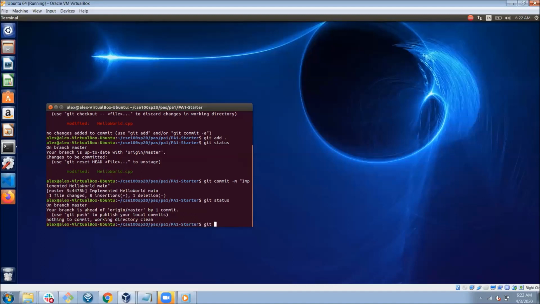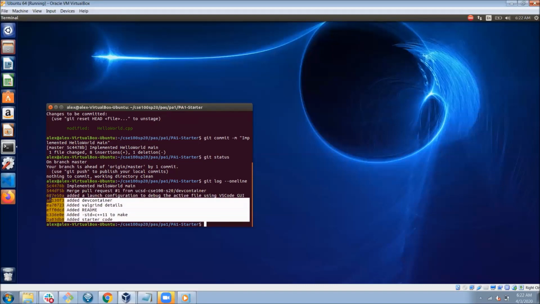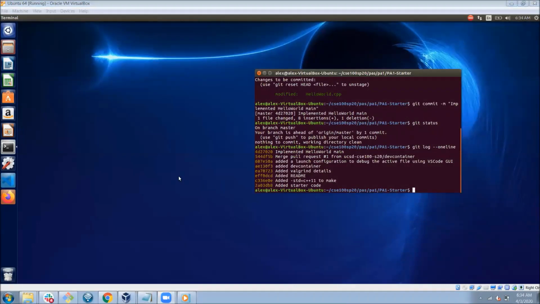If I do git log one line, it'll give me a short summary of the commits that I have in my branch. The bottom is the oldest commit and the top is the most recent one. All of these were from the starter code. These were all the commits from the instructors and setting up the repository. And then this one is the one that we just added. So that's just a nice sanity check to see that, oh, okay, my commit got recorded, my changes got recorded, great. Okay, so now that we have a commit that we've made,